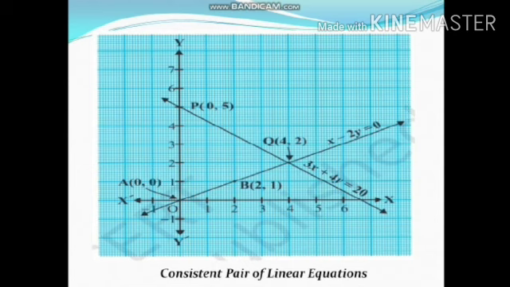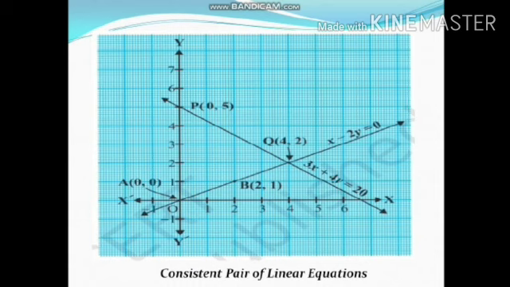Now we will plot given points for both the equations on a graph paper as we did in class 9th also. As you can see, when we join the points, both the lines are intersecting each other at point Q, where x = 4 and y = 2. Since (4, 2) is the only common point on both the lines, there is one and only one solution for this pair of linear equations in two variables, that is (4, 2).